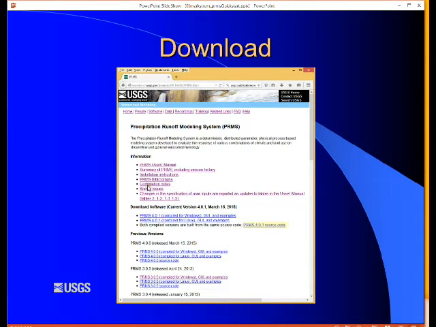The next thing you're probably going to want to download is the PRMS source code, the version of the source code that was compiled to make this executable. That comes in very handy if you need to archive your model or rebuild later. The third thing that I would recommend is to go ahead and download a copy of the PRMS User's Manual. That's this link at the top. There are certain tables on the PRMS User's Manual that list the parameters, variables, and dimensions in the appendix. As we come up with new versions of PRMS, we update those tables, so I recommend downloading those tables and their updates to the PRMS User's Manual.